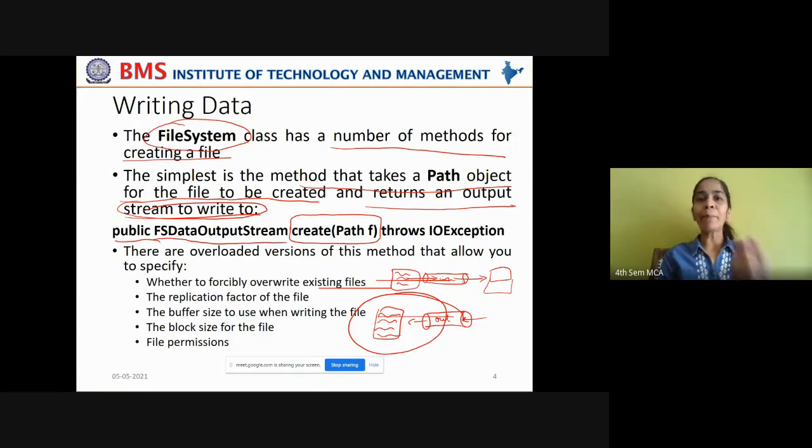Now you're creating a path to a file and writing the data to that FSDataOutputStream, which will write that data in the output stream further to the file, by creating the file that is mentioned in this path. Are you able to understand? We are trying to create a file with the name mentioned in this path, and you're connecting a file system data output stream to that file that is created, and putting all the data into that output stream, which will be written to the file.